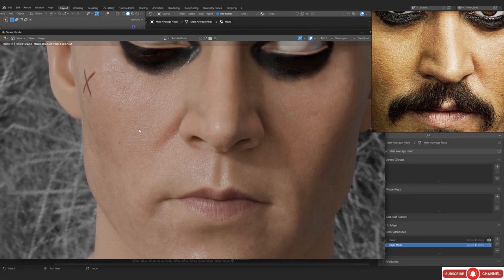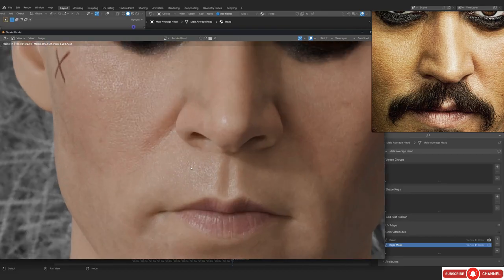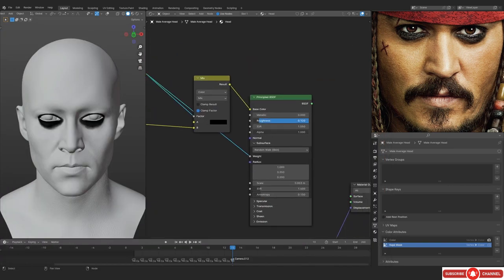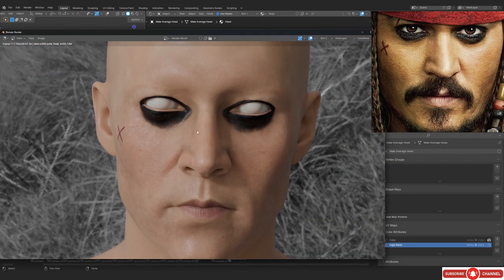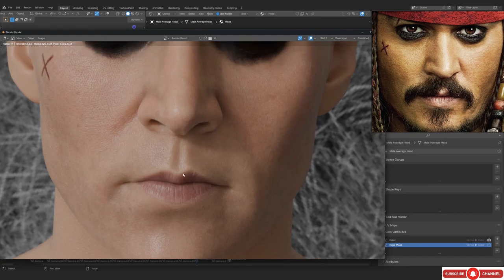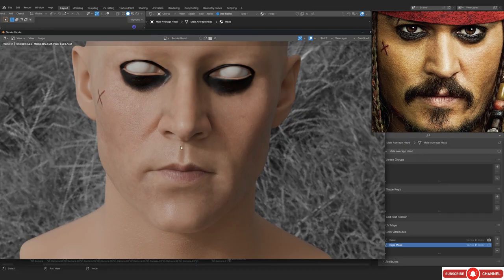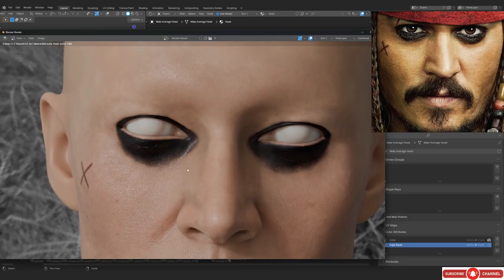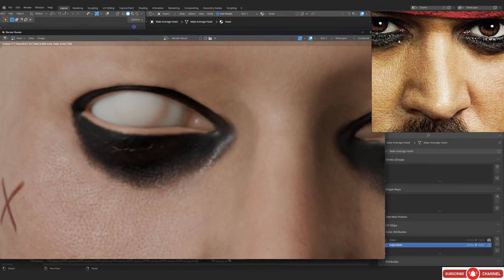The skin is looking much rougher, which is what we wanted. Obviously, we are going to be painting a specular map, which is going to tell Blender which part of the skin is going to have more spec and which part is going to have less spec, so that we can technically control the roughness or the shininess in this case. Right now, it is equal on the whole face, and it's not natural to have it that way on the whole face, right? So this is what we have. I think I must have increased the roughness a little bit more because this particular render is pretty rough. Like the skin is pretty rough.